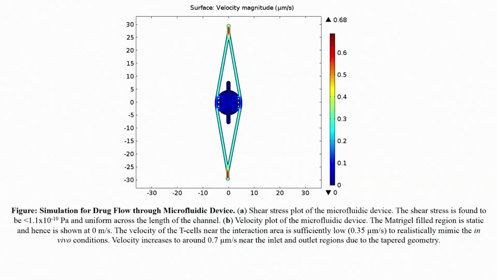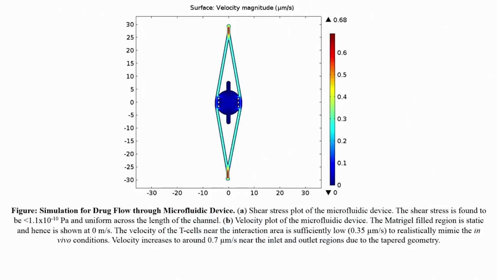Now, like I said, we always need to perform a simulation before we actually fabricate a device. Okay. So, before you go for any fabrication, we have to always go for simulation. In a microfluidic chip, you need to perform analysis such as velocity, stress in the device, whether the flow is smooth or not, right. So, if you see on the screen, you can see the simulation results when we are flowing a drug through